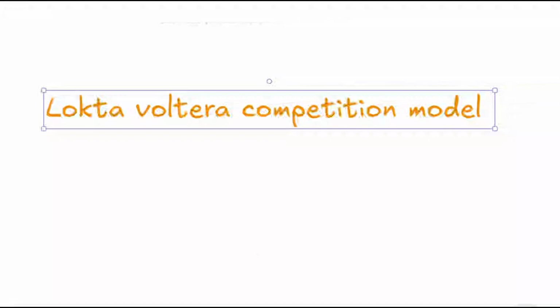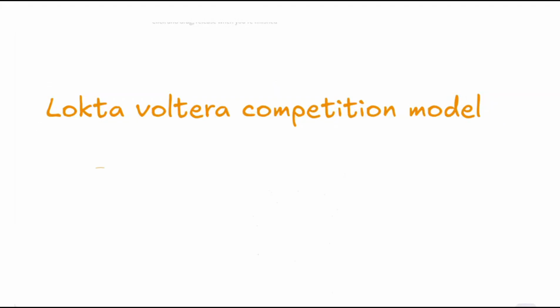So now let's learn about the Lotka-Volterra competition model. There is an equation for this, that is dN by dt. dN1 for species 1 is equal to r1 N1. So r1 is the intrinsic growth rate and N1 is the population size of species 1. So r1 N1, and in brackets